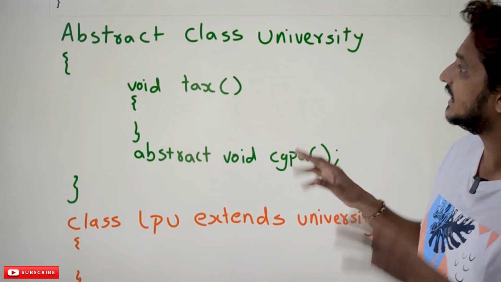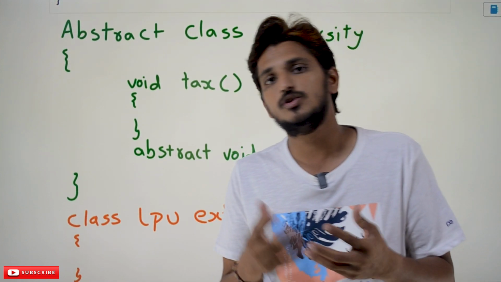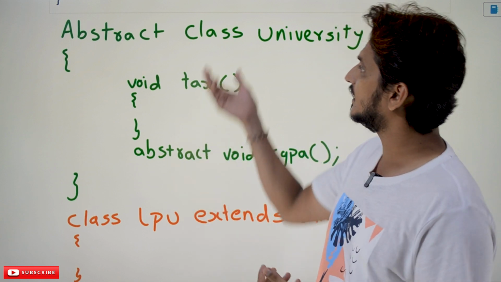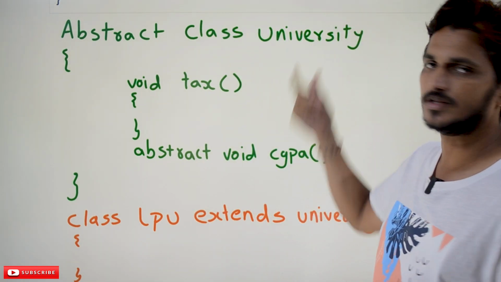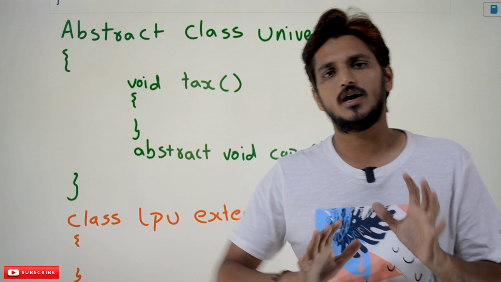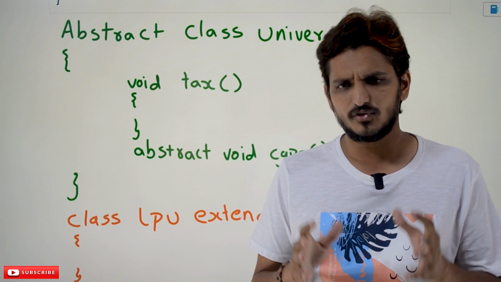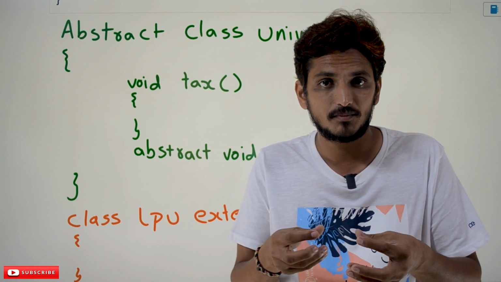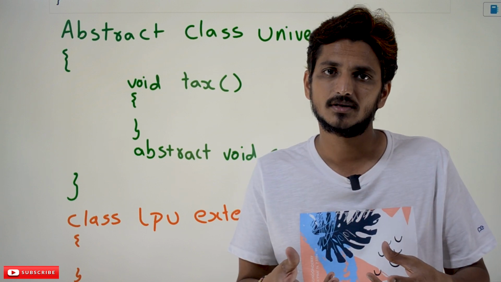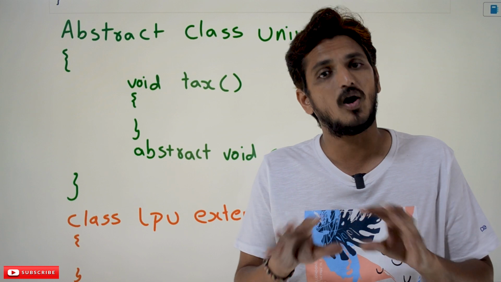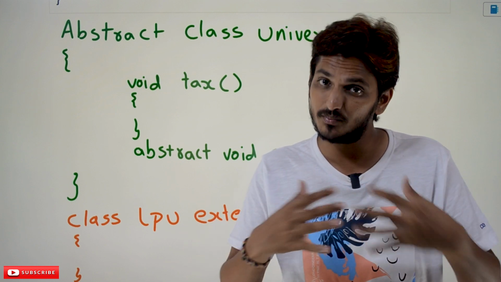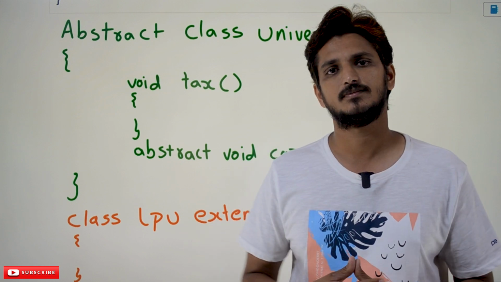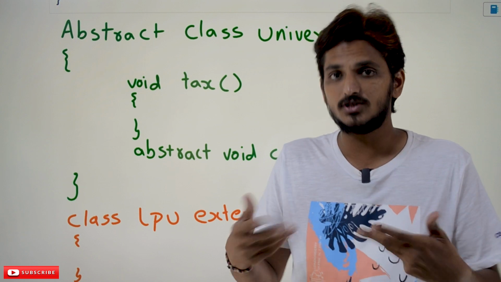Suppose you want to create an application for a university. You are going to write a class like this: class University. So think about universities. If you take any university, 80% of the logic, meaning 80% of the methods, are similar for all universities. Only 20% of the logic will change. So in this situation,